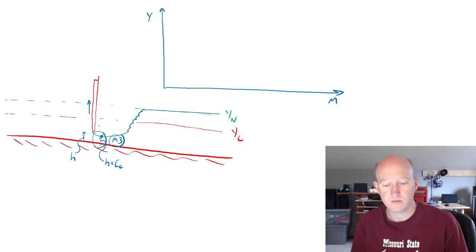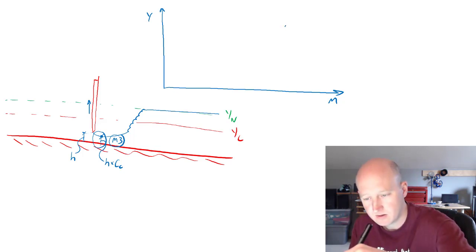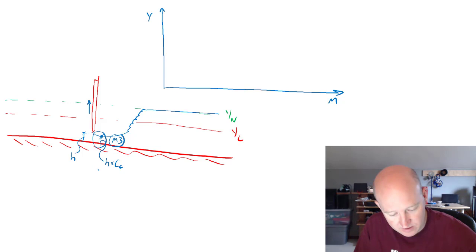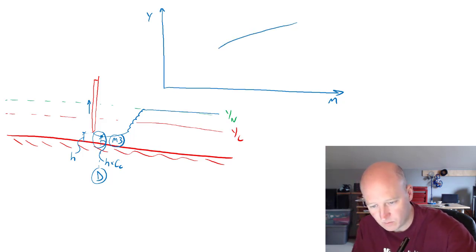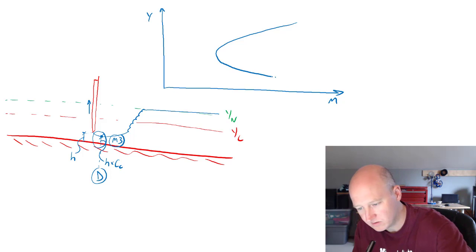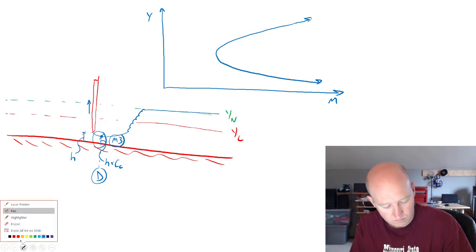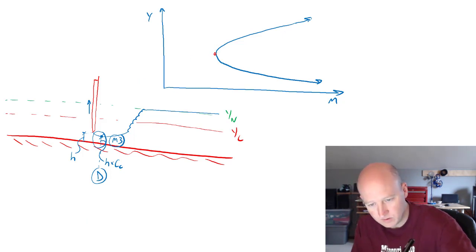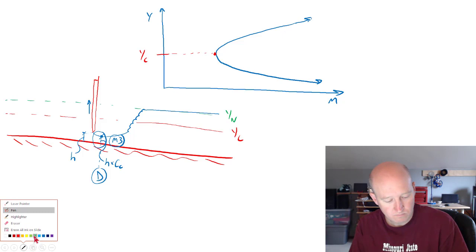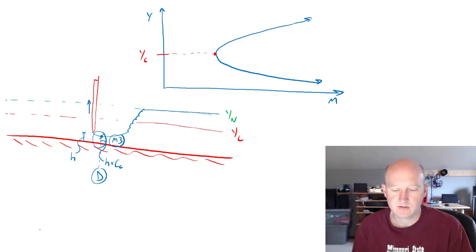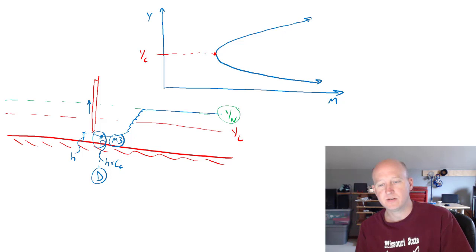So we can control the depth at this section D. And if we plotted out the specific force diagram, it would look something like this, where critical would be the minimum specific force. And then if we went downstream to the normal depth and plotted that point,